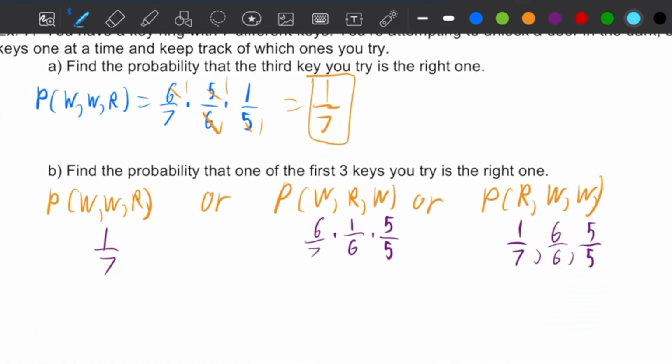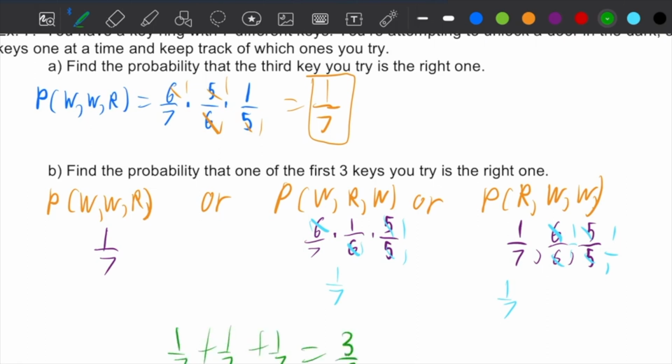So the probability of the second one, that you get the key right the second time, 6 and 6 reduce, 5 and 5 reduce, and you get 1 out of 7. Well, probability that the first one's right. Well, 6 and 6, 5 and 5 reduce to 1 and 1 like we were talking about. So you end up getting 1 out of 7. And then you add all these up. So 1 out of 7 plus 1 out of 7 plus 1 out of 7,